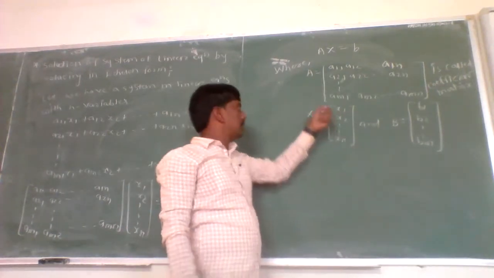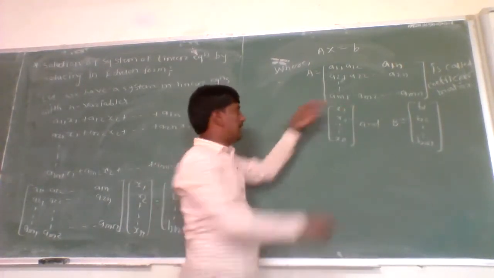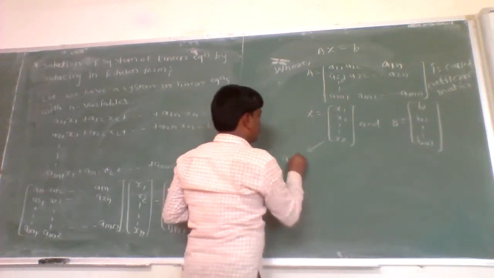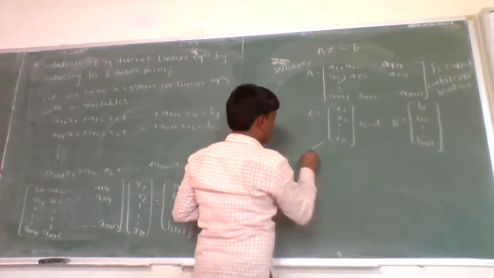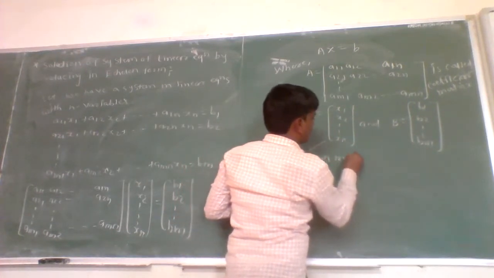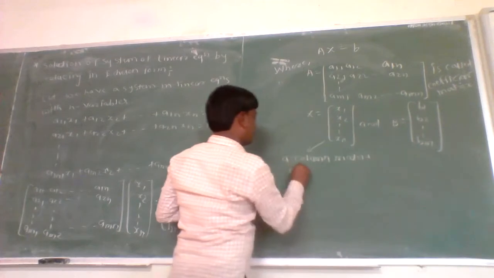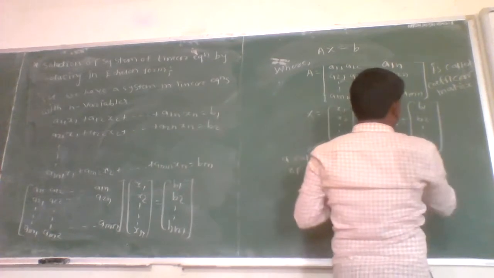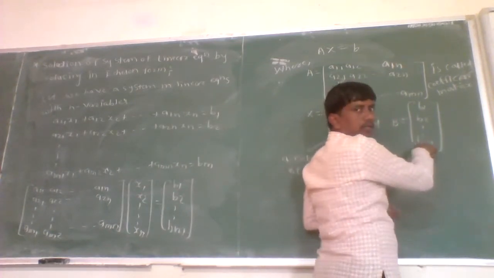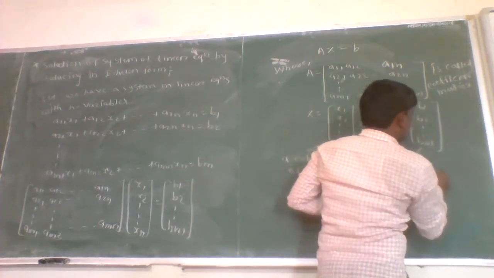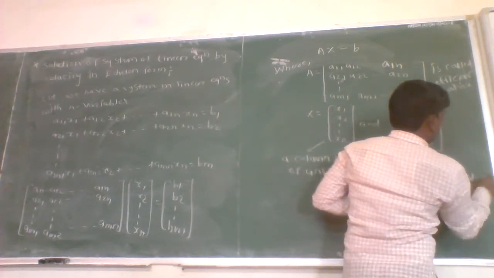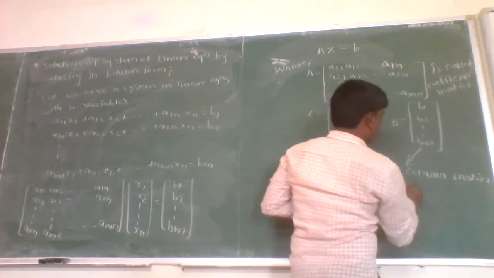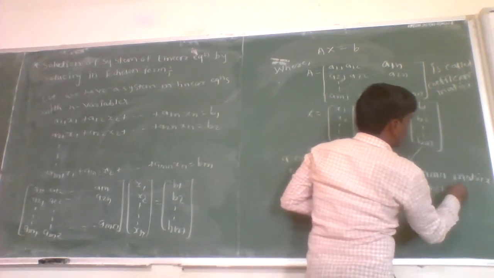Okay, and capital X is a matrix of order n cross 1. It contains n variables in a column vector, and it is called a column matrix of unknowns, that is, variables. And this one is called a column matrix. It is a matrix of order m cross 1, and it is called a column matrix of constants. We don't know what is the value of these m constants. Okay, now